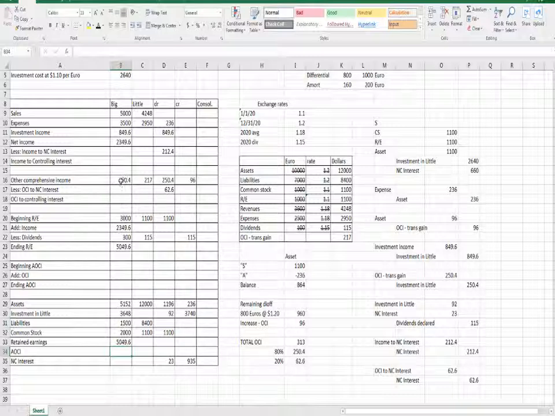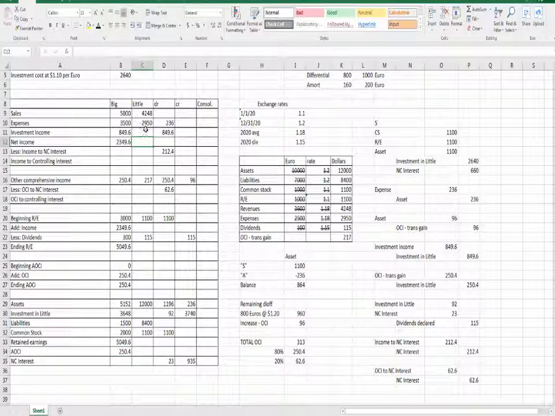Okay, other comprehensive income. They have other comprehensive income of 250.4. Beginning AOCI is 0. I sort of started with the assumption, and I should have been explicit, that there's no beginning AOCI. Our OCI for the period is 250.4, so our ending OCI is 250.4, and that transfers down to the balance